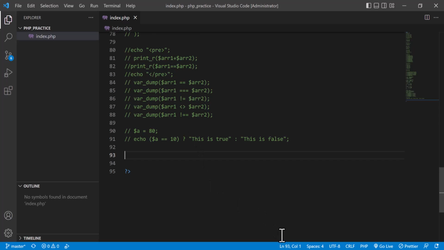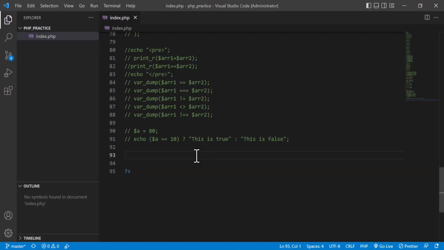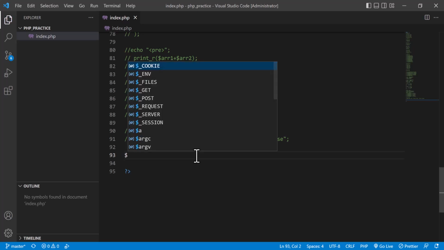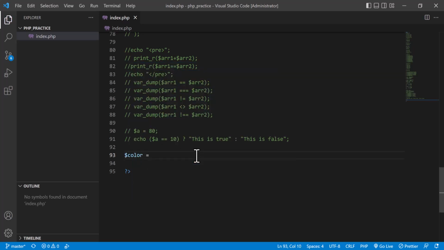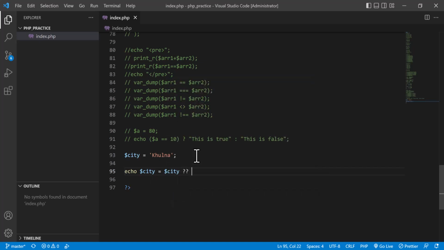Now the last one listed here is null coalescing, that is the double question mark. How can I work with that? Here you see, for example, there is a variable color, and it is green, or here I call a city variable. Okay, the city name is Khulna. Now if I do this, for example, I will write echo city equal city double question mark